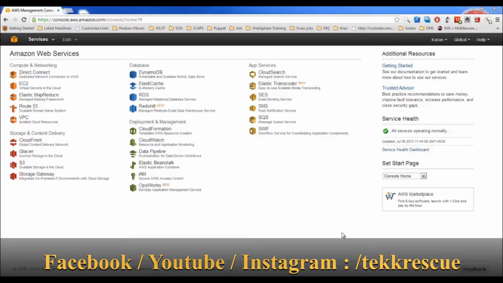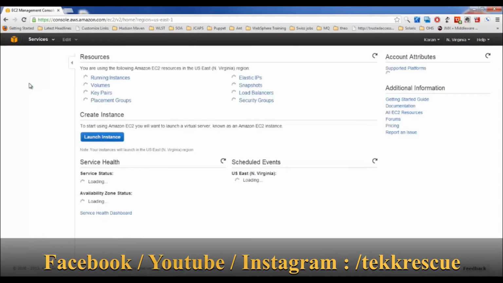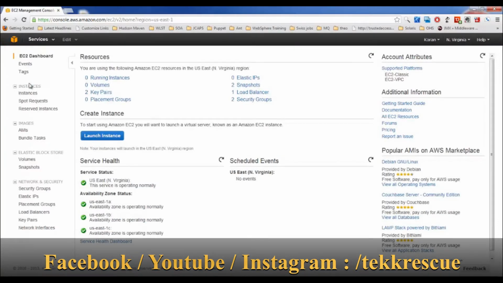Hey guys, in this video I'm going to explain how to create virtual servers in the cloud. So before you configure any service, to build up your infrastructure in the cloud, the first thing that you need is a virtual server. To create a virtual server, we will be using the Amazon EC2 service. There are a lot of other options that we are going to cover in Amazon EC2, but we'll start with